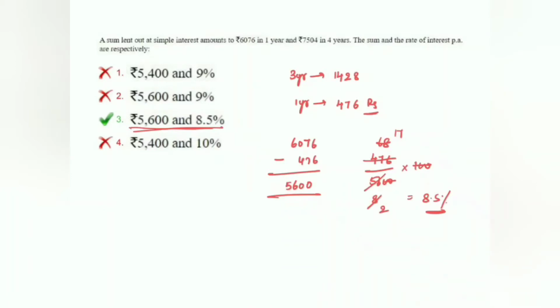Now look at the next one. A person invested 1/4 of the sum of 25,000 at a certain rate of simple interest and the rest at 4% higher rate. If the total interest received for 2 years is 4125, what is the rate at which the second sum was invested? So you need to find out the rate at which the second sum was invested, not the first. First, overall, how much interest are you getting for 1 year?